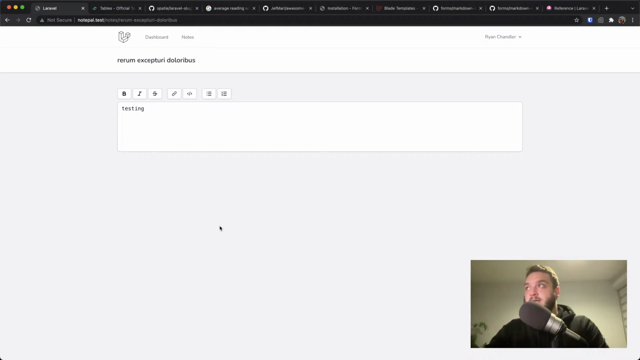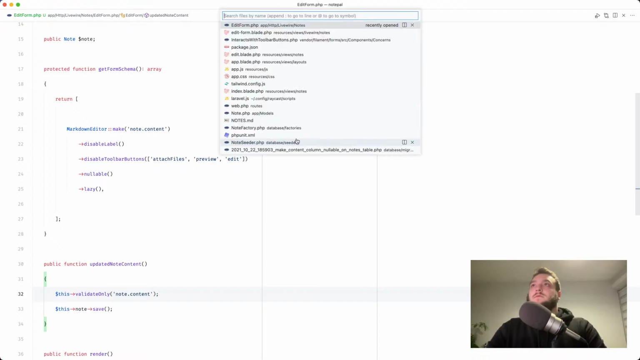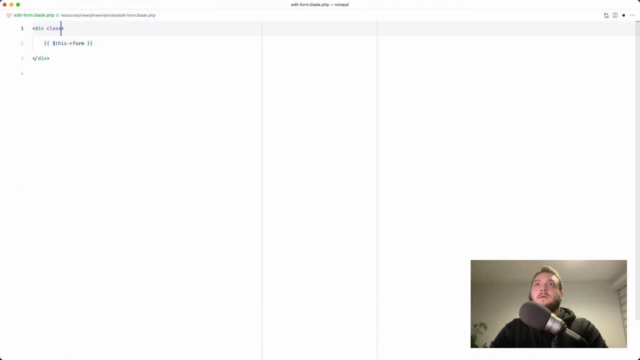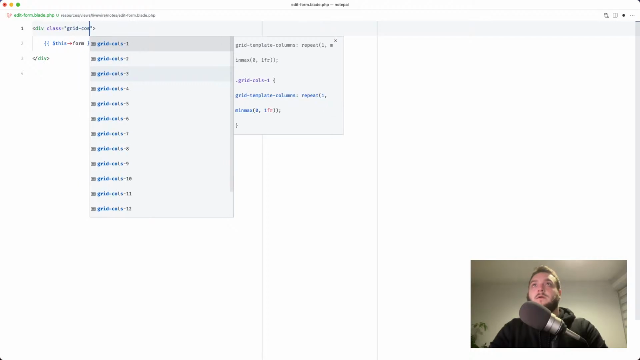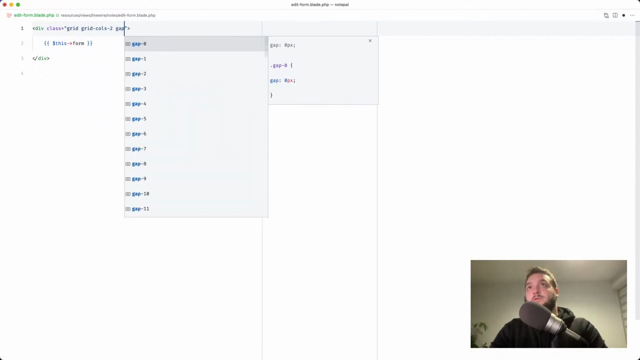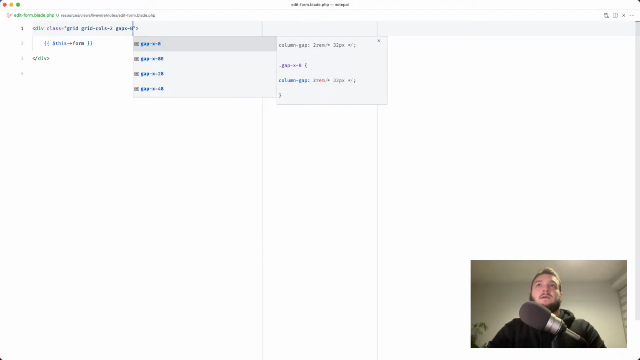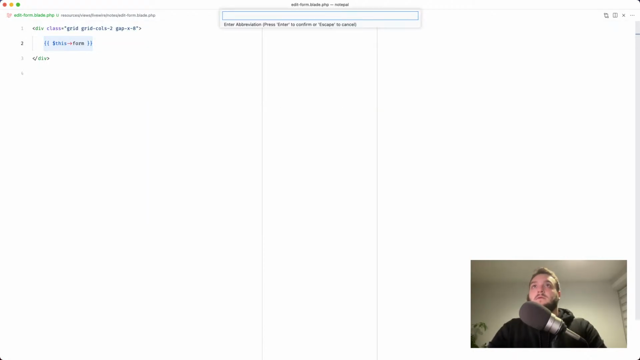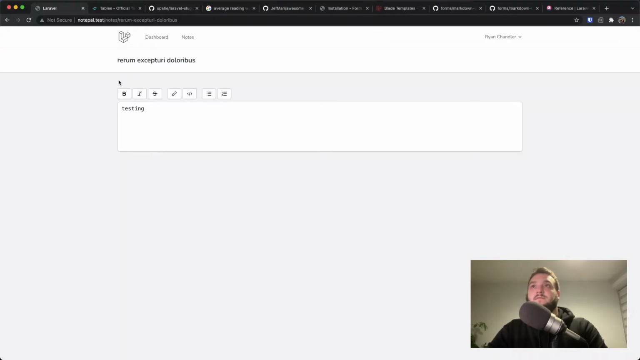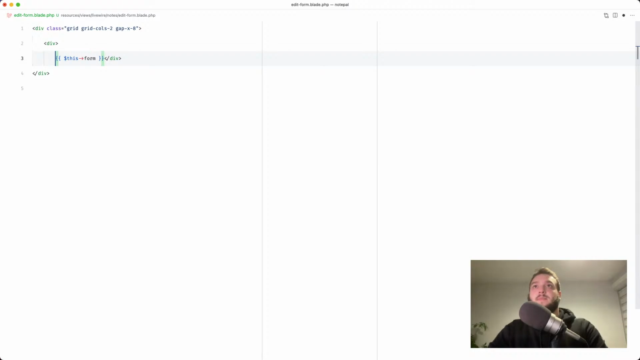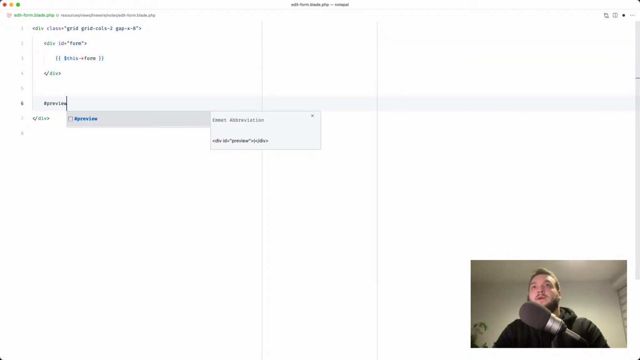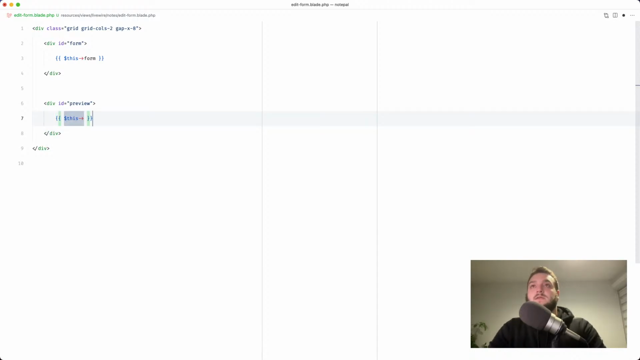And on the lazy updates, it's going to save, I want to render the preview. And I think I'm going to do this side by side. So let's class grid cols 2 gap x 8. How does that look? I need to wrap this in a div just to be safe. I do not want to print, and we'll just give this an ID. So form, and we'll do a preview. This preview,